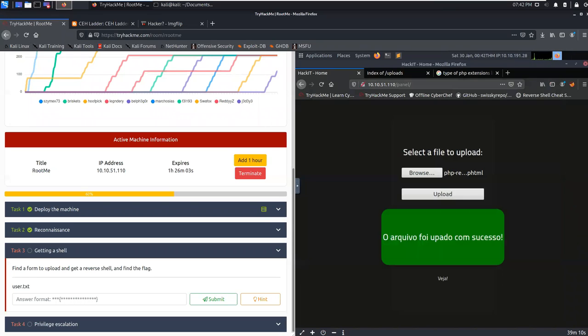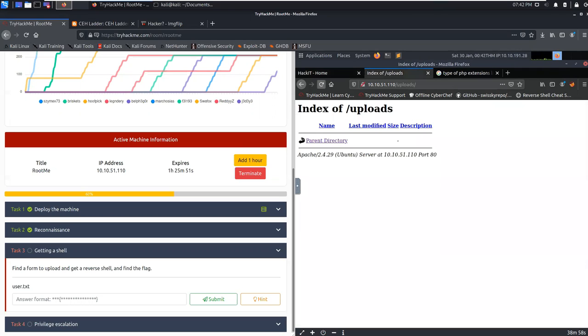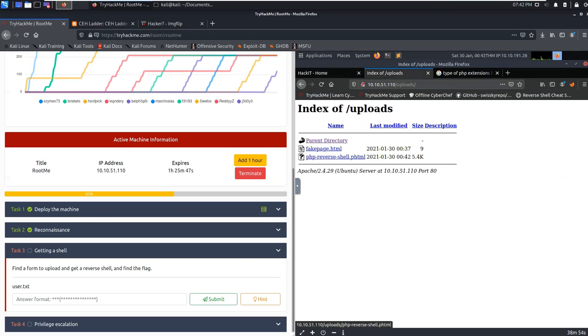Open. Upload. Awesome. We didn't get a negative. We didn't get a red border back. So let's check our index. Refresh it. Awesome. So that tells us that it was doing some type of filtering, but we were able to bypass that filter by changing the extension on the reverse shell,